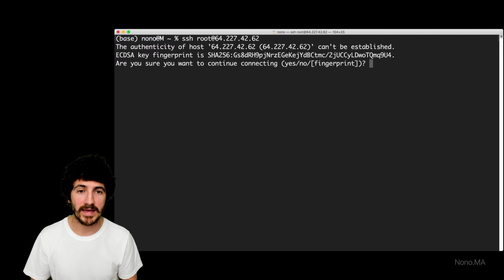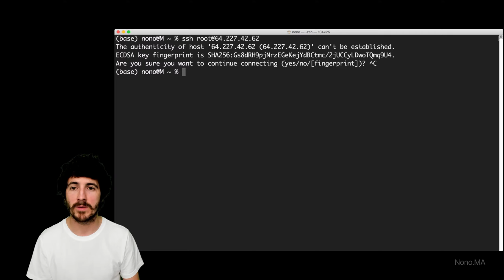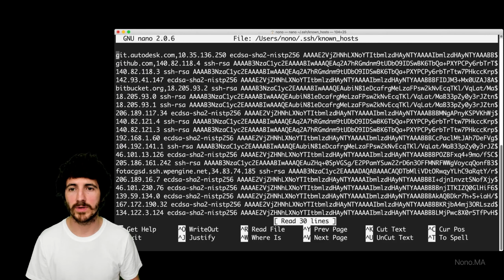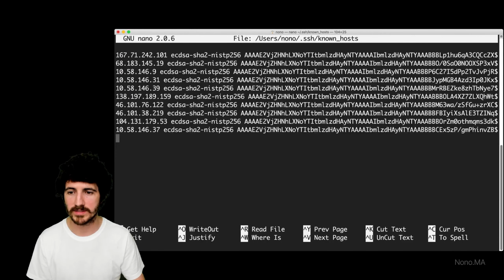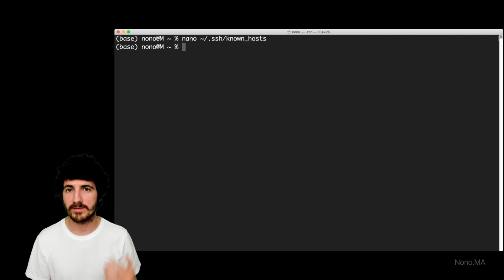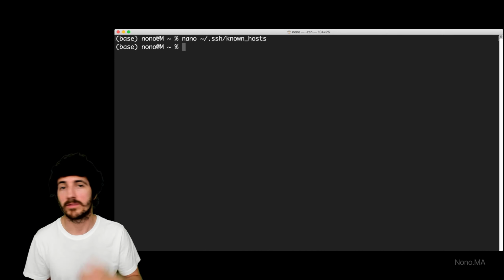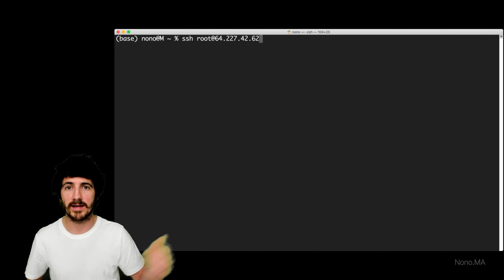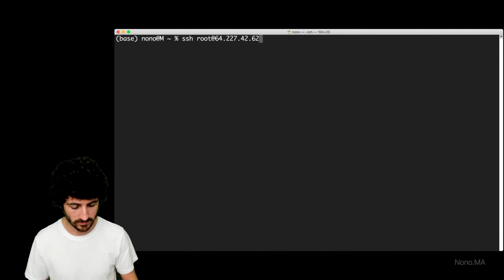If I stop the command now, you can actually go into nano, I think it's on SSH known_hosts. Here there are all of these IP addresses that we've connected to sometime that are known by our computer, and that message is not going to show up the next time we connect to them.